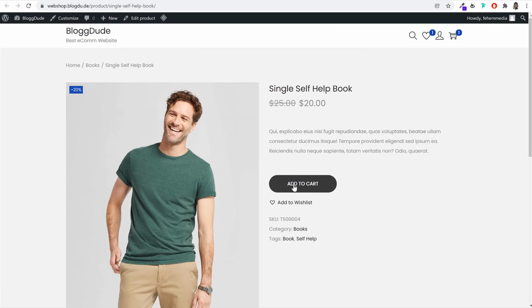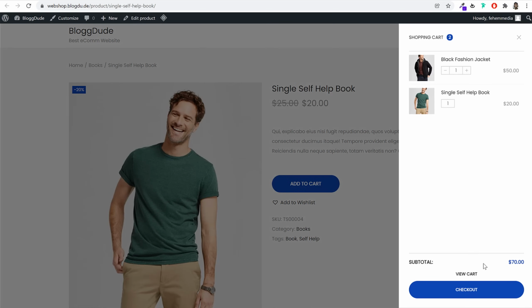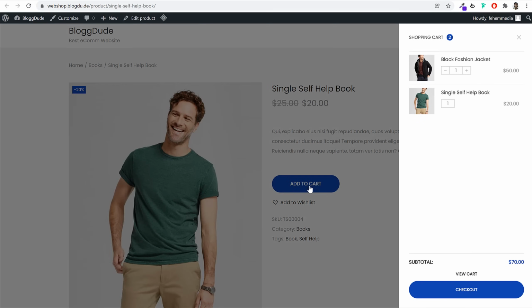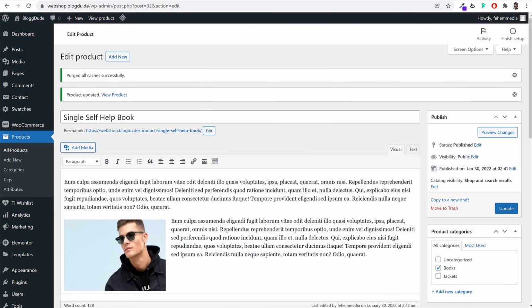This is how it will look like. Now, as you can see, that increase decrease quantity is gone, add to cart, and you cannot add more than one. If you click on this thing, this is added in your cart. If you try to add this again, as you can see, quantity will not increase. So very important. Alright, so with this, we have seen all the different types of products: simple, variable, digital, external,